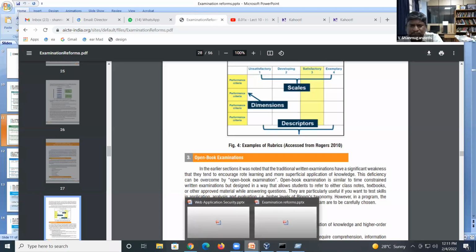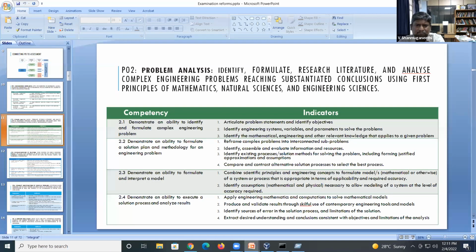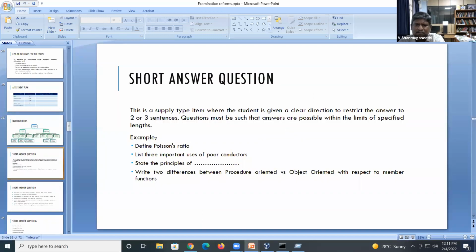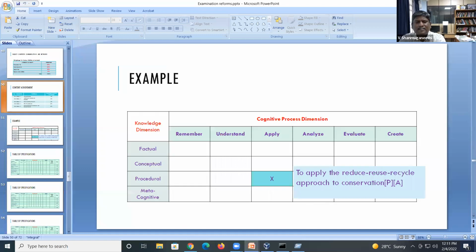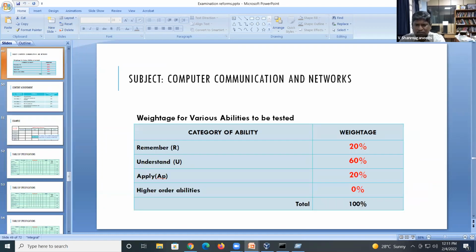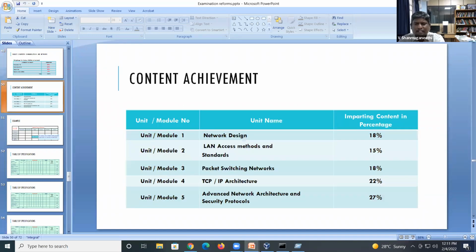Yes, it is easy for us to map the questions with Bloom's taxonomy. Balaji sir is asking how we can map the questions with Bloom's taxonomy. Maybe I will share the screen. Yeah, this is the mapping. You have to see what ability you want to set for the whole question paper, for a particular concept how much ability you are setting, and then for each unit how much you are representing.